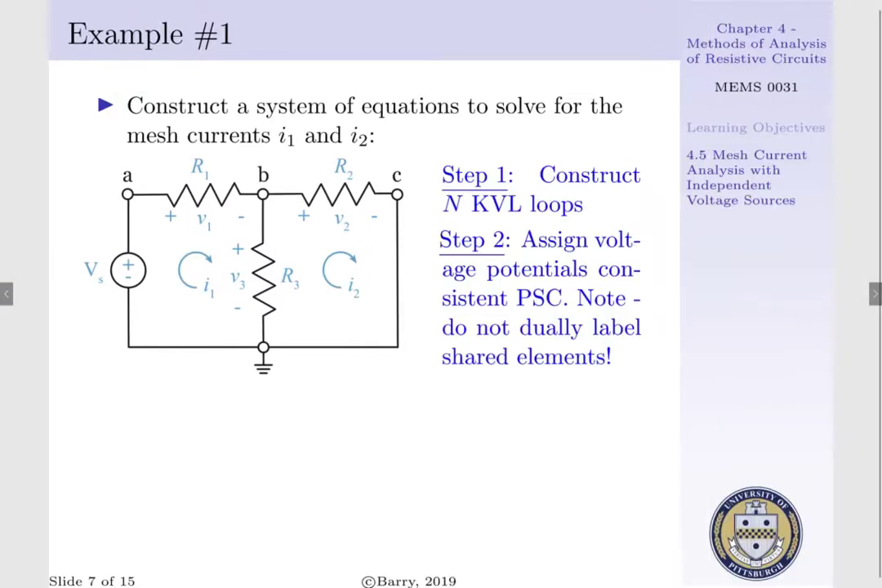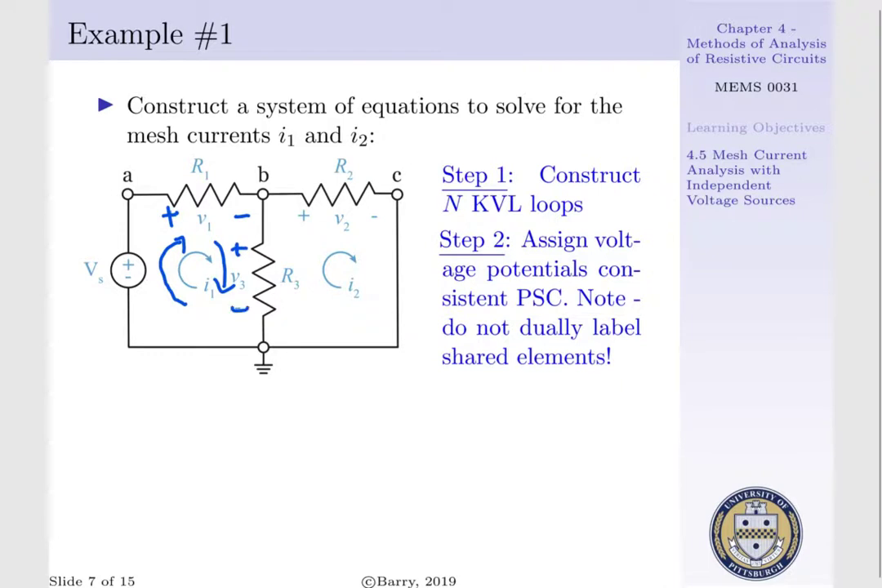Our second step is to assign voltage potentials consistent with our passive sign convention, and we should not double label shared elements. That is, we are going to start sequentially with our loops and assign our voltage potentials. If we follow loop 1, starting in the bottom left-hand corner, we first encounter R1, and we'll assign our voltage potential consistent with the passive sign convention. As we leave R1 and proceed down, we encounter R3, where we'll assign our voltage potential consistent with our passive